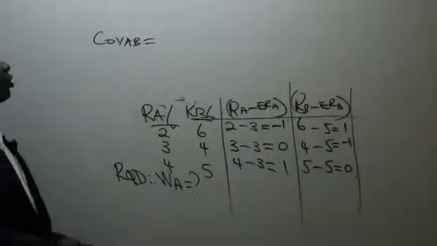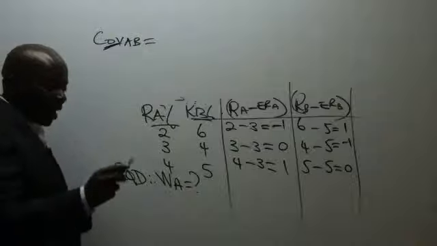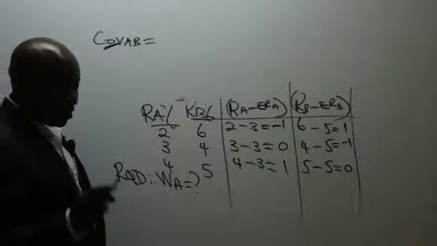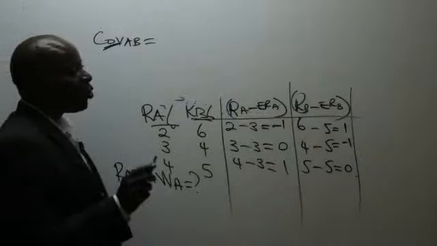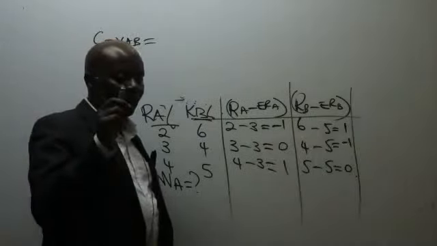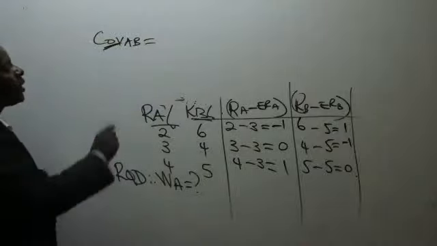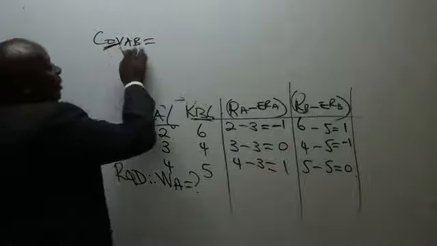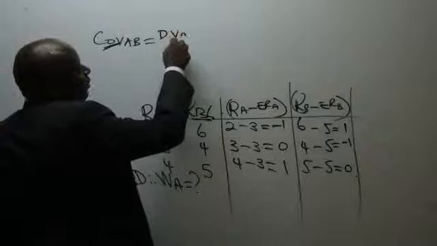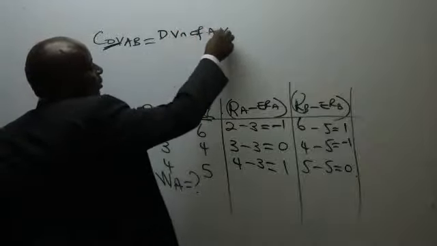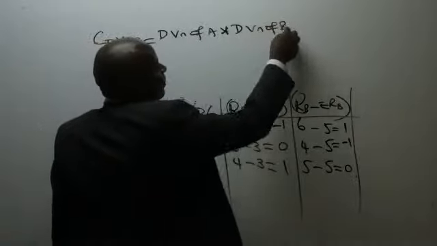Nevertheless, whenever they talk of co, you know, co means what? Shared, common variance, the shared variance. Whenever you hear co-wife, there is somebody who is being shared. So in this case, if it's covariance AB, how many are there? There are two. You will say the deviation, or variation, of A multiplied by the deviation or variation of B, times